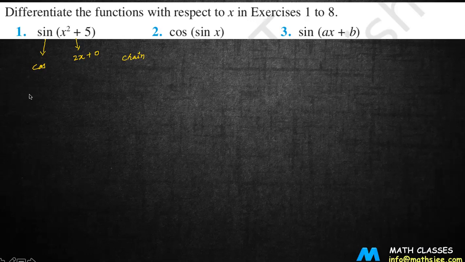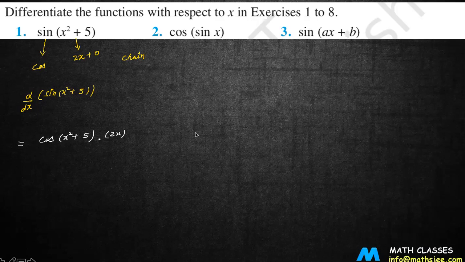If we want to write this down, d by dx of sine of x square plus 5. First of all, as I said, you write down the derivative of the function, which is sine, which is cos. Whatever was inside the sine, you write as it is. So it is cos of x square plus 5 into, you will keep on multiplying until you reach the last function. Now you have x square plus 5. Differentiate x square plus 5, that is 2x. So this is your answer, because after this, there is nothing to differentiate. The same thing you will be doing in the rest of the questions as well.